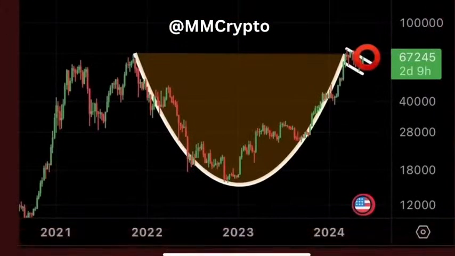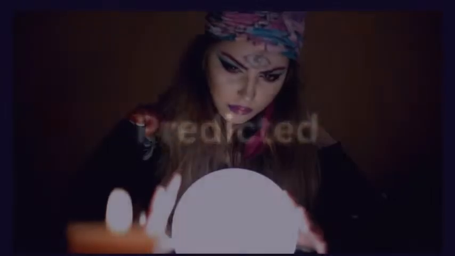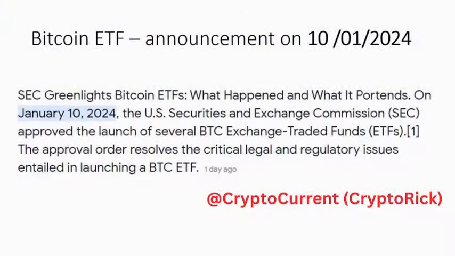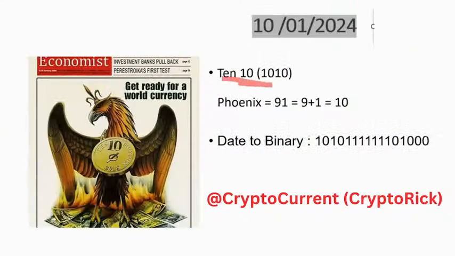This is a pattern which was developing over the last 2 years. And what if I told you that right now, in that exact moment, after the breakout, we predicted the Bitcoin ETF announcement, which occurred on the 10th of January 2024. So that's a 10-10 date, because 01 is also as above so below. So 10-10, we can see here